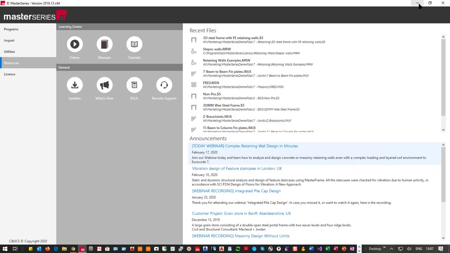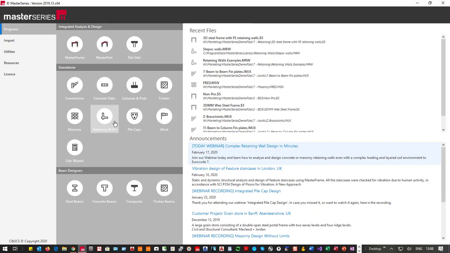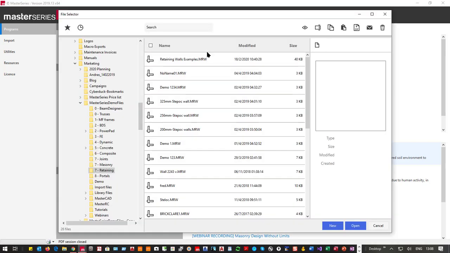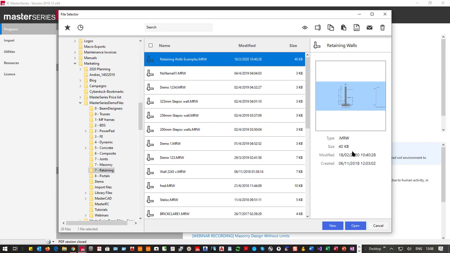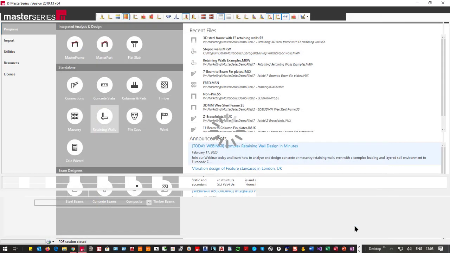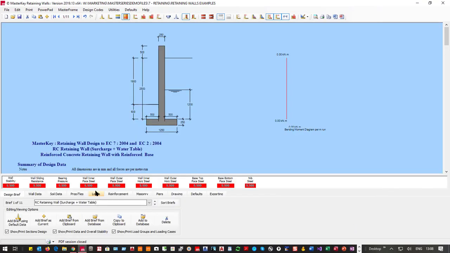So I'm just going to come back out straight down to here, and let's get into, no more talking, straight into retaining walls. So programs, I can go and start retaining walls, and I can start a new one. But in my case, I want to take this last one that I was playing with and open it. And here we go. So what have we got? Well, we've got a